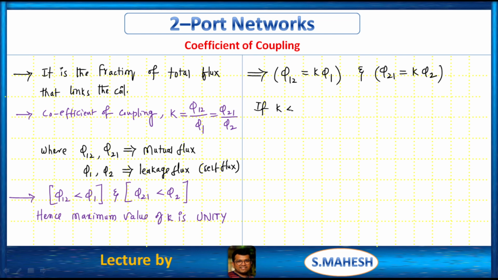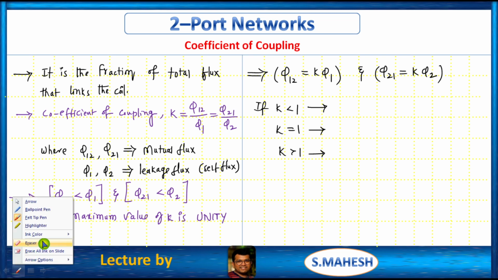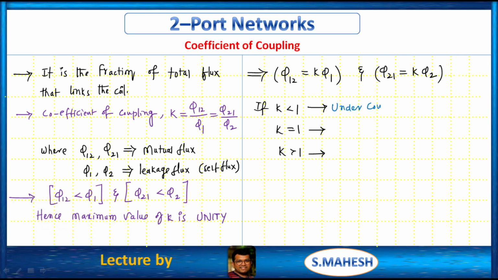If k is less than 1, k is equal to 1, k is more than 1, what is that meaning? If k is less than 1, that is called under coupling. This is most practical, right? If k is equal to 1, that is ideal coupling. If k is more than 1, that is over coupling. This is impractical,